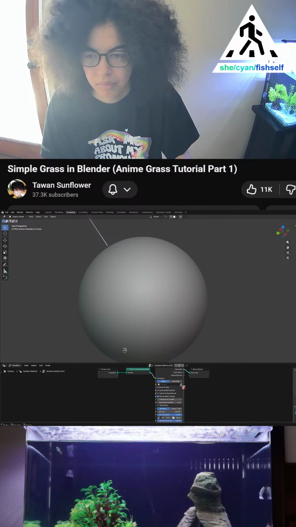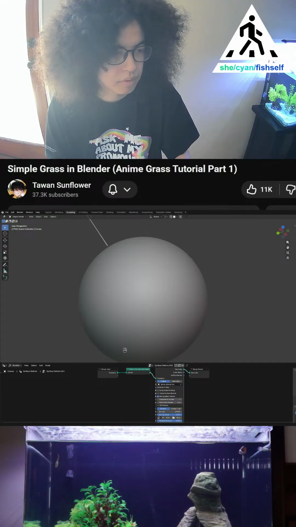Now currently our grass doesn't show any thickness, so first go into the render properties because we want to make